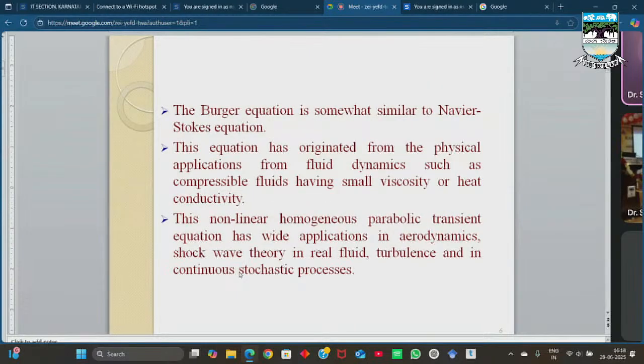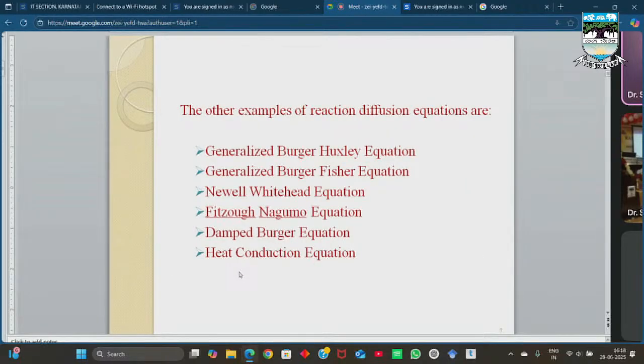The Burgers equation is similar to the Navier-Stokes equation, which is again a reaction diffusion equation and has originated from physical applications from fluid dynamics such as compressible fluids having small viscosity or heat conductivity. This nonlinear homogeneous parabolic transient equation has wide application in aerodynamics, shock wave theory, in real fluid turbulence, and in continuous stochastic processes. The other examples of nonlinear reaction diffusion equations are the generalized Burgers-Huxley equation, generalized Burgers-Fisher equation, Newell-Whitehead equation,